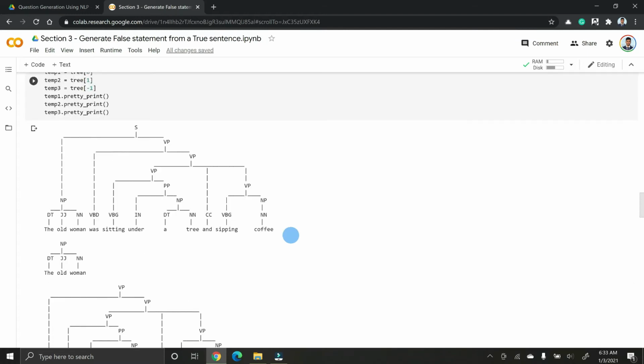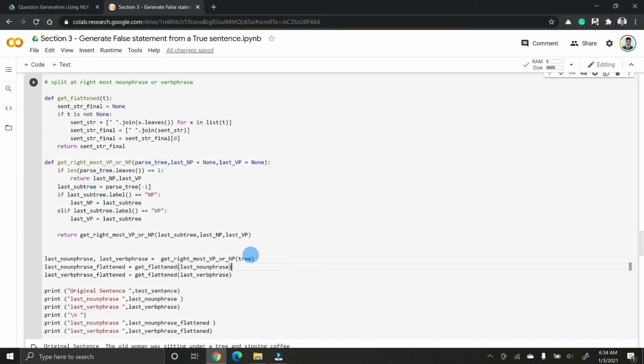So this is the whole tree. As I've mentioned, this is index 0 and this is index 1, and this is in the form of a tree object where you have the 0th node and first node. So you can consider this tree as a tree object that has multiple nodes underneath it. So it is not always a binary tree, depending on how the constituency of our sentence is.